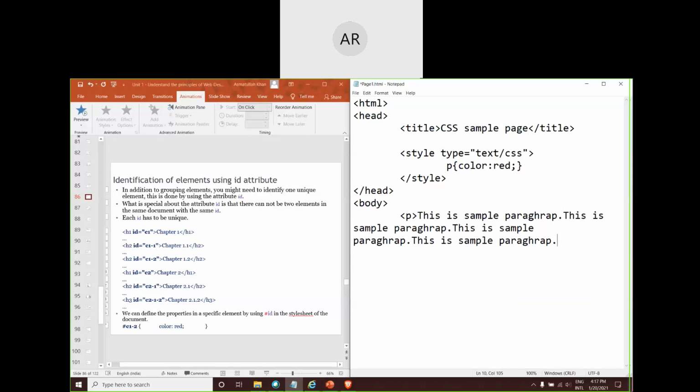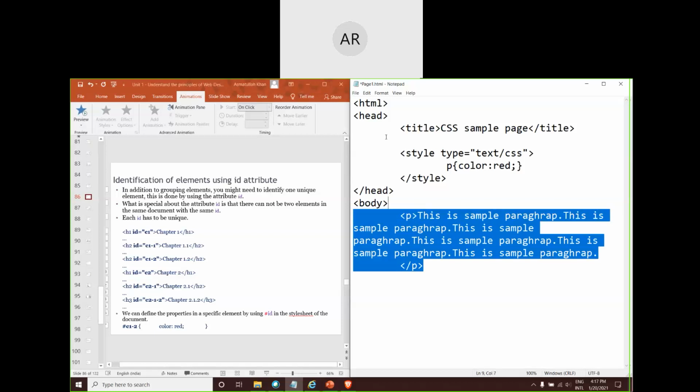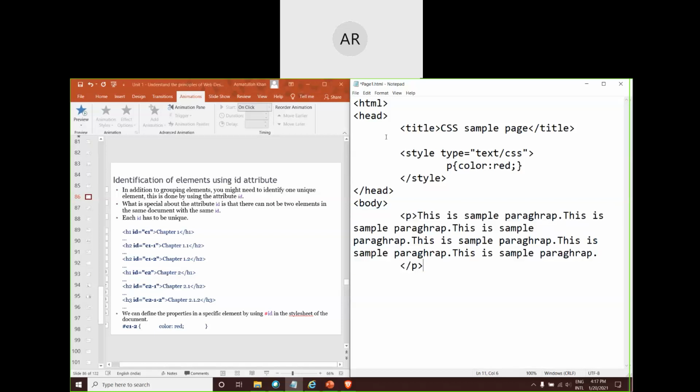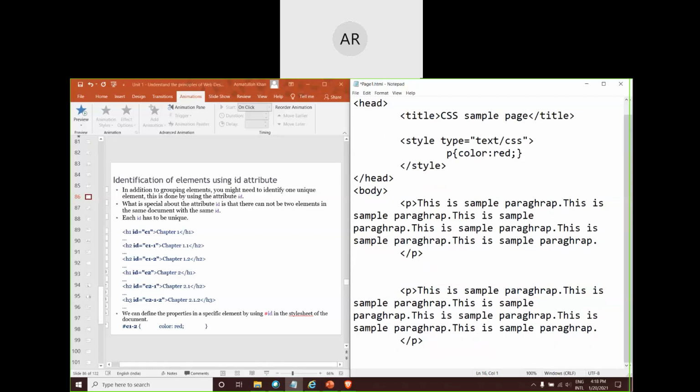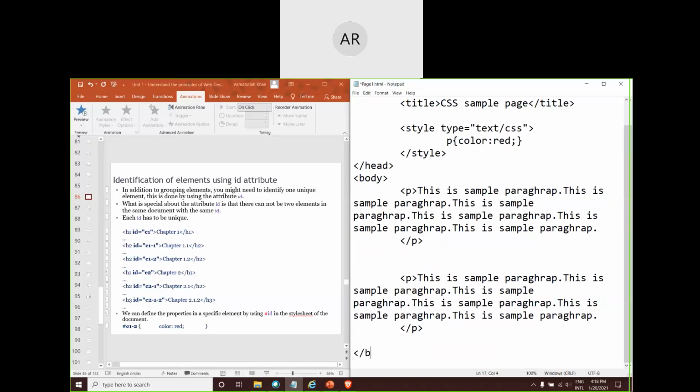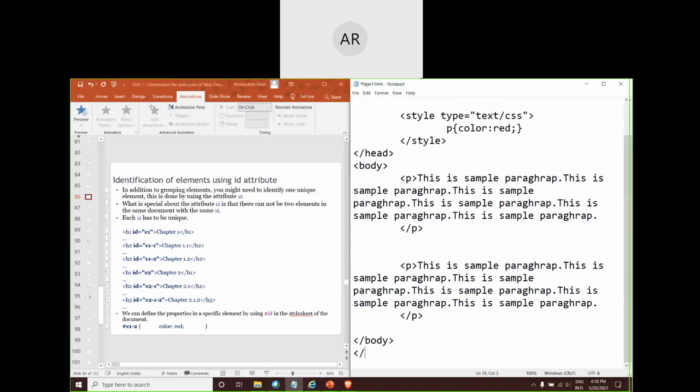I'll just repeat it 2-3 times, some number of times, and then close off the paragraph tag. Okay. Now similarly, I'll take one more paragraph. So I want for the first paragraph a different color to be applied, and for the second paragraph a different color to be applied. But what will happen? Let's see here. I'm closing the body and I am closing the HTML.